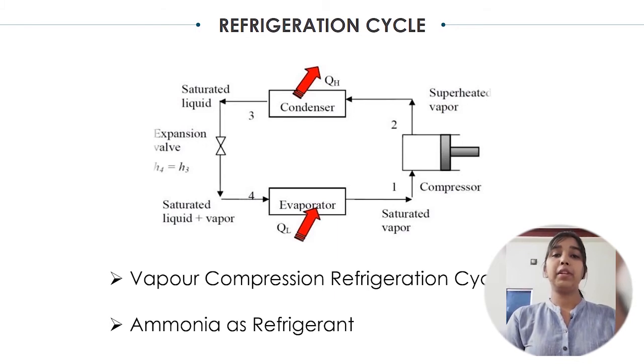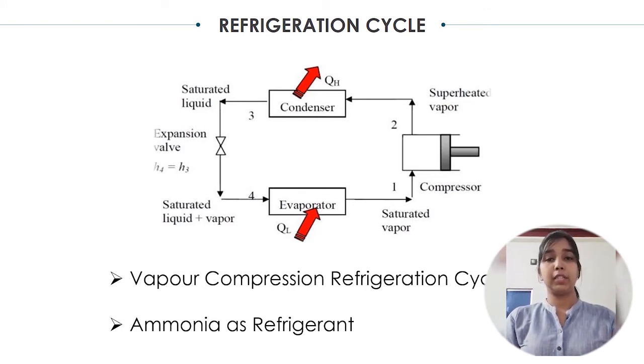The high temperature and high pressure refrigerant goes to the condenser, where it rejects heat at constant pressure, and then it flows to the expansion valve, where it expands and again goes to the evaporator to follow